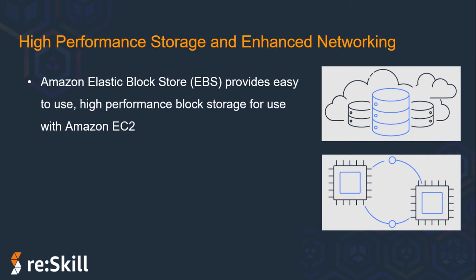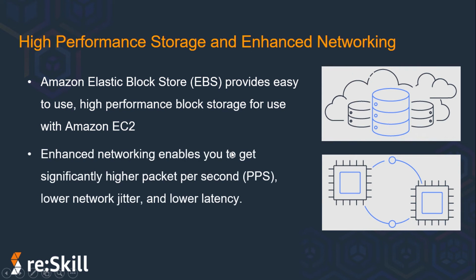There's another option also, which is known as instance store, which persists only as long as the instance is alive. Once we stop the instance, the data in the instance store will be lost. But if you want a persistent storage, you can go ahead and use EBS volumes. Apart from this, AWS is the first and only cloud to offer 400 Gbps enhanced Ethernet networking for compute instances. This enhanced networking will enable you to get significantly higher packet per second, lower network jitter and lower latency. And all these configurations we can select when we reach this step on the console,